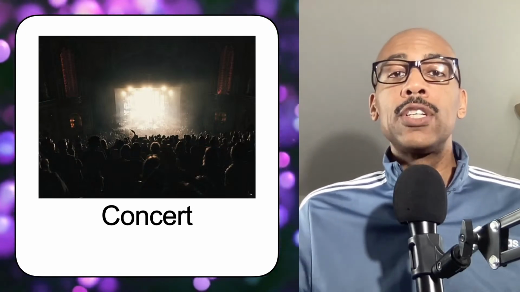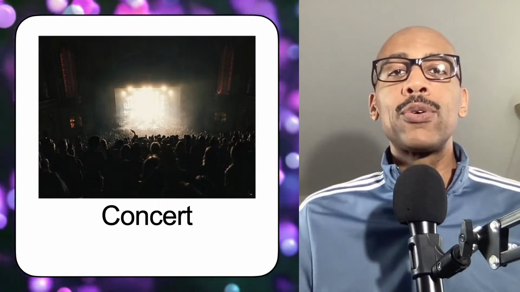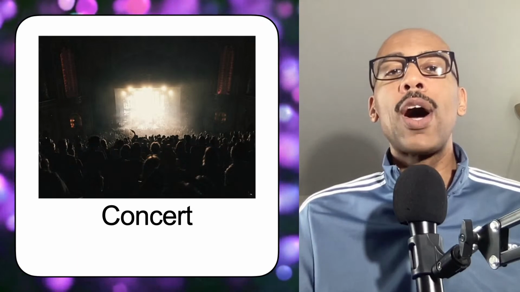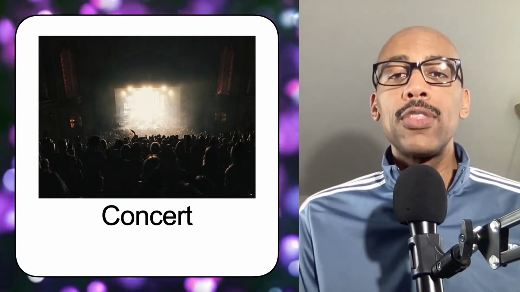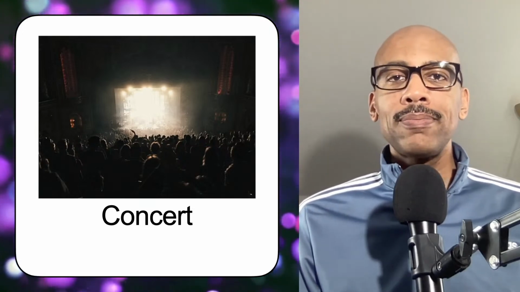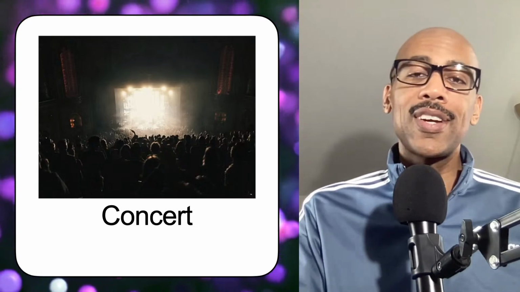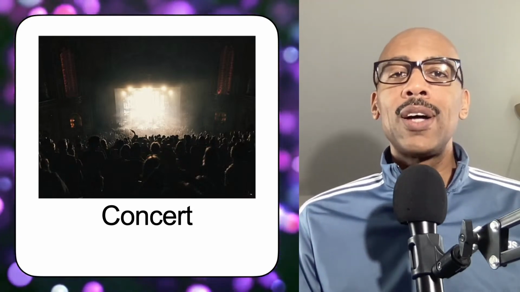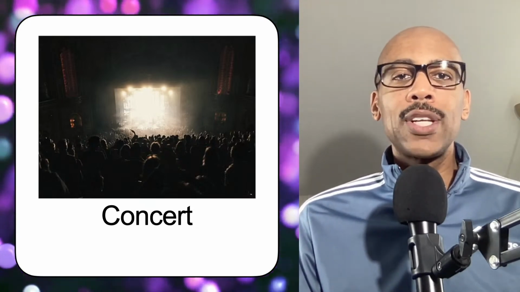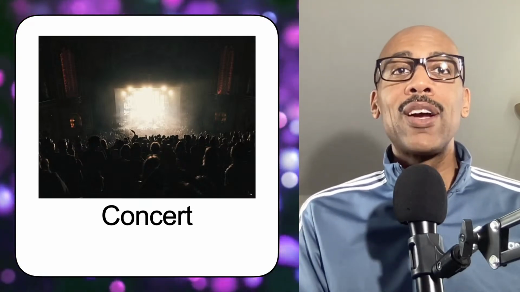So a concert is where a large number of people gather to listen to music and watch the artist perform their songs. And depending on the artist, it will determine how much it costs to go see them. Some concerts you may get in for $30, but some concerts may cost you